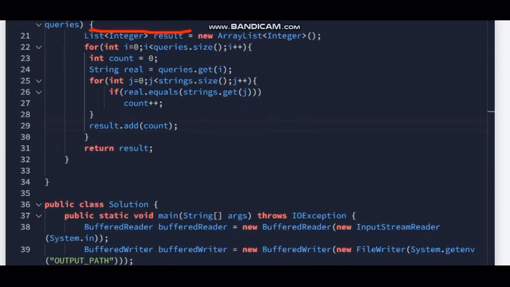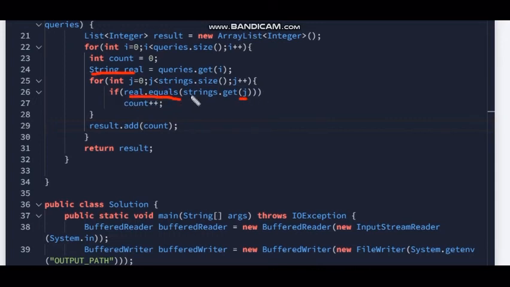We'll take the ith element of the queries list and compare it with the jth element as we are iterating through the for loop for finding the jth element. So we'll be checking it with the jth element.